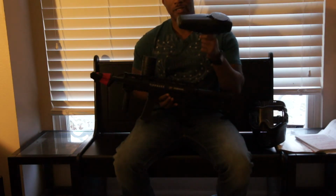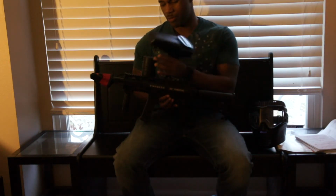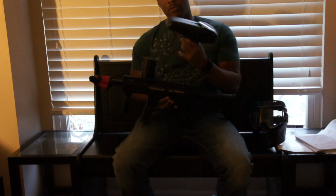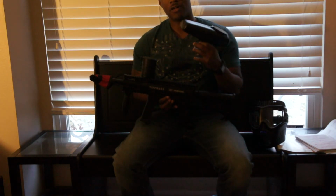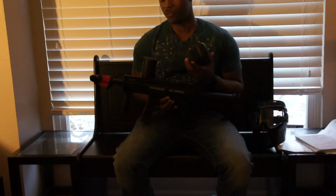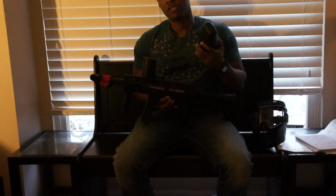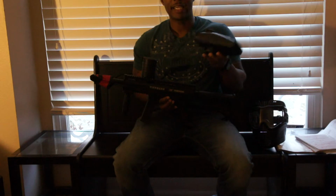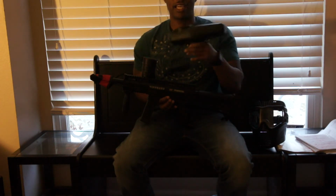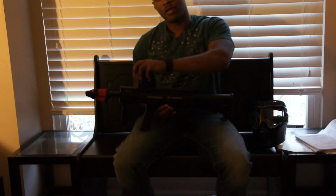The Tippmann X7 Phenom comes with the low profile 200 round hopper. I think it's 200, 140, something like that. Hopper. What's this right here? The problem is when you have 140 paintballs that you know you can shoot, you're gonna shoot them all. Why not? I would. Wouldn't you? So you're gonna take more opportunities. So to mentally scale back myself, and keep from using all the paintballs I got just because I got them, I chucked that, tossed it out the window, and I went and